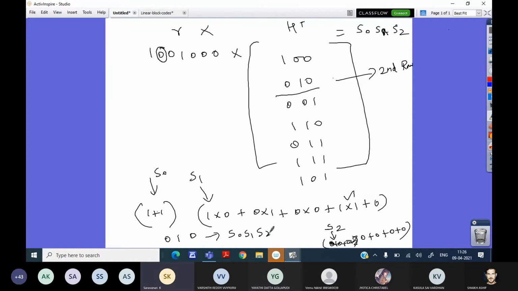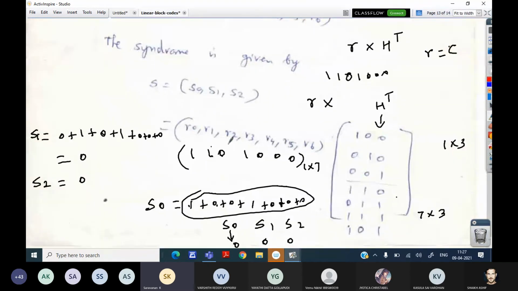Yes. Have you got this? So shall I proceed next? Yes, sir. Okay. So I gave an example. Now I am going to take a specific problem, given in the previous slide, right?